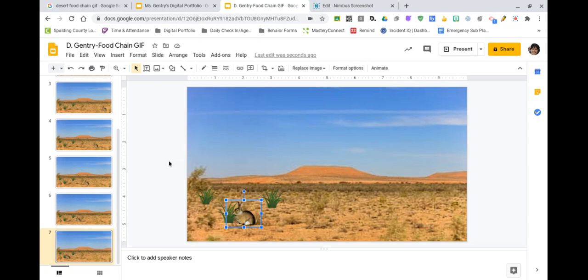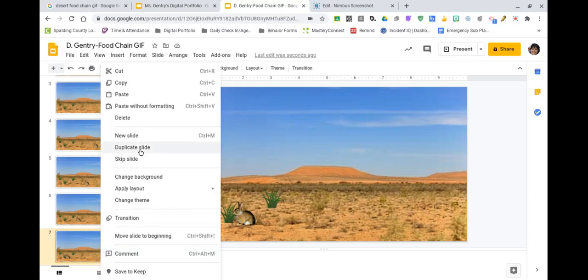If you want to add what's called a call box, the little chat box, because we can't add any sound effects to this, you can say that it looks like the bunny rabbit is eating grass. If you want to have a little thing that says nom nom, that is fine. That is totally up to you. So I'm going to right click, duplicate slide,